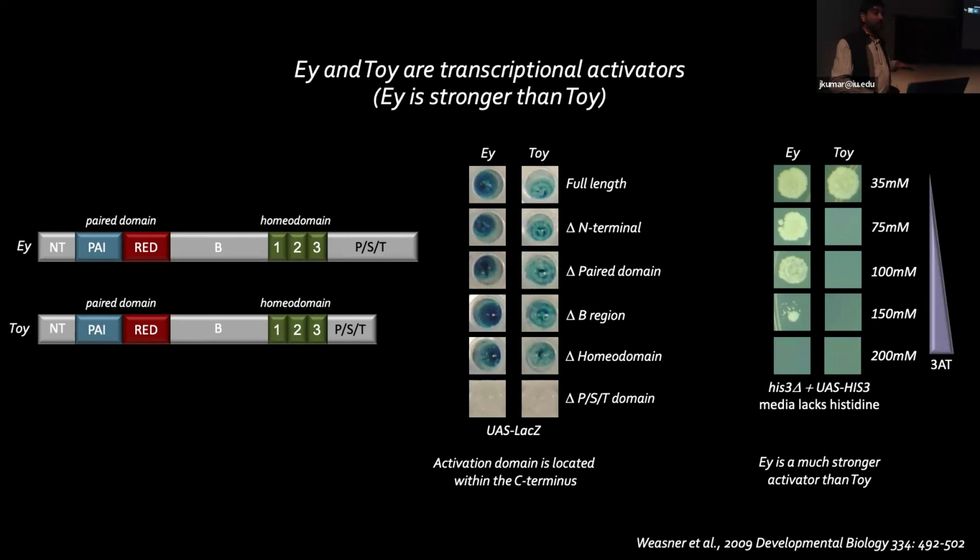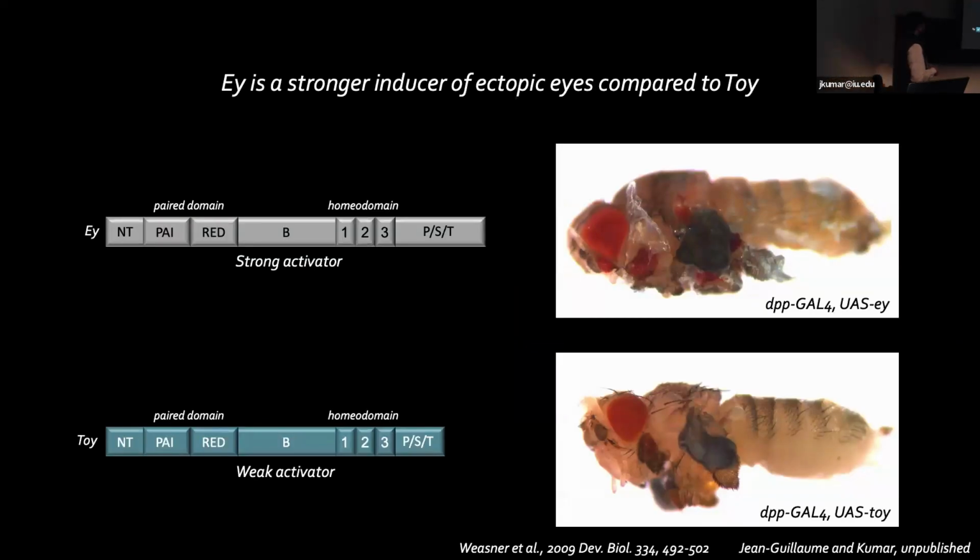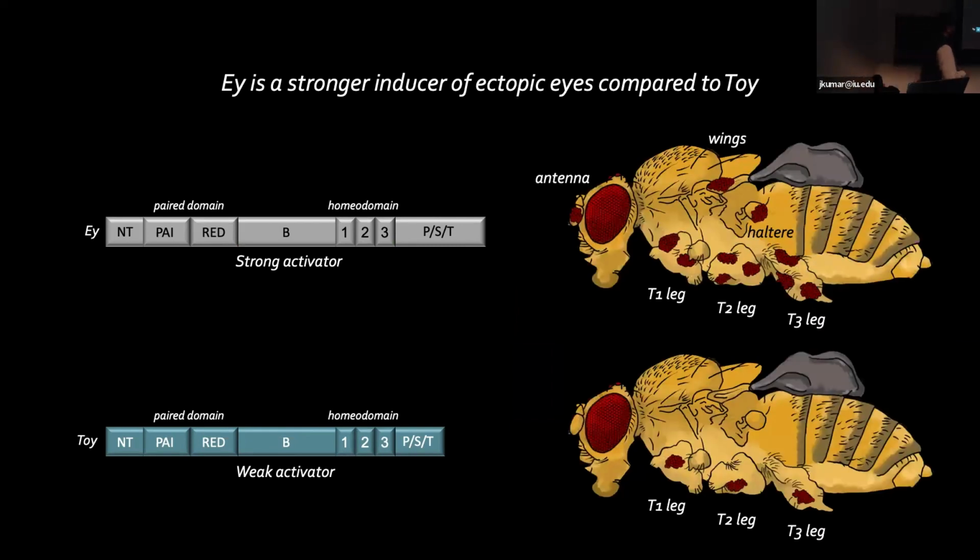So I told you that both molecules can induce ectopic eyes, but they do so in very different patterns and efficiencies. In this assay, if you overexpress Eyeless, you can induce ectopic eyes in a wide range of tissues in the body. Twin of Eyeless, not so much. And I made a diagram to make this a little easier to see, where Eyeless can drive ectopic eyes within the antenna, the wings, the flight balancer halteres, and in multiple locations within the legs. Twin of Eyeless, on the other hand, does this very anemically. It can only give you a single ectopic eye within each of the different legs.